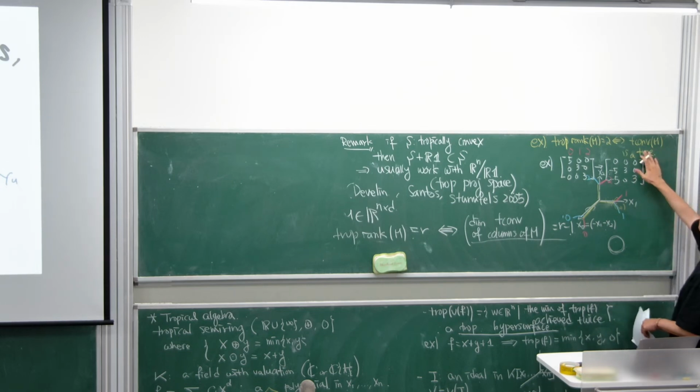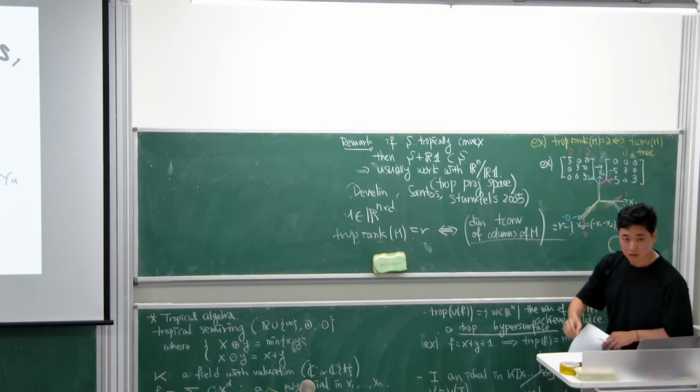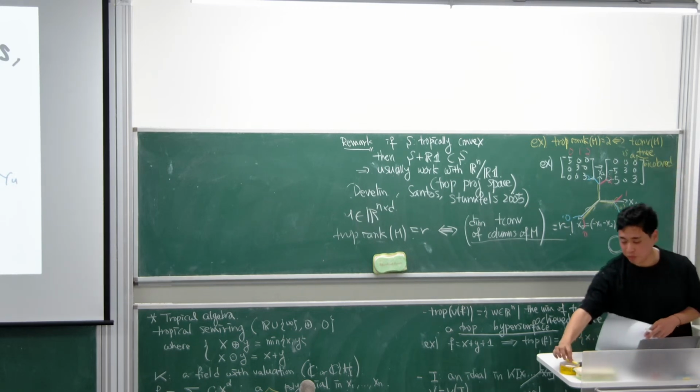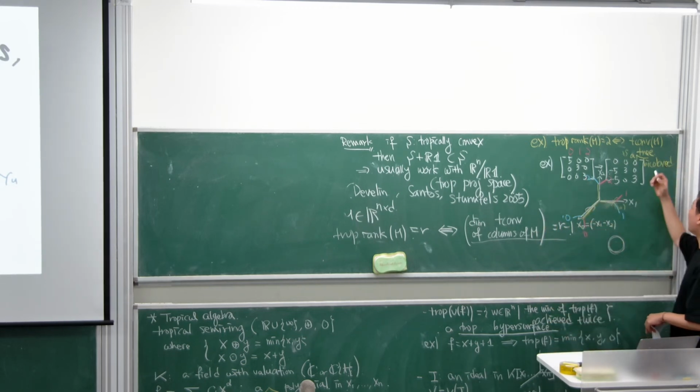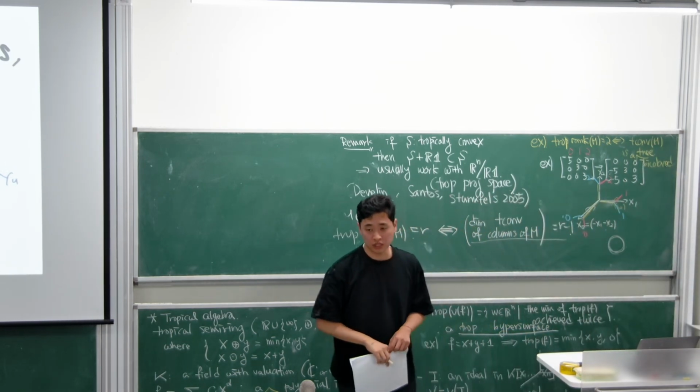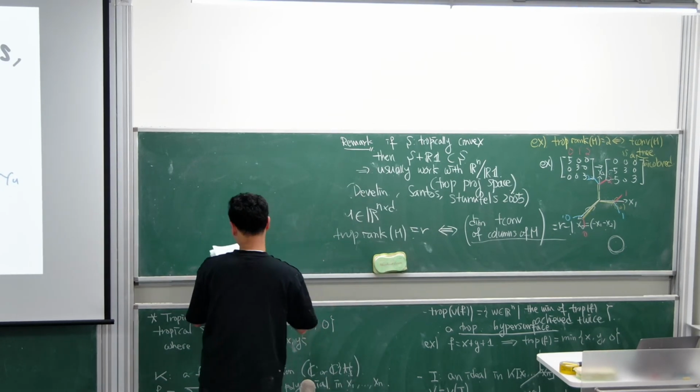Sorry, this is the problem. How can I fix this? Maybe I should put it, but it's not important. This is a bicolor tree. Not anything can be obtained in this way, but if you have some nice tree obtained from this type of construction, then you have a tropical rank 2 matrix. That's what I would say. So the result was